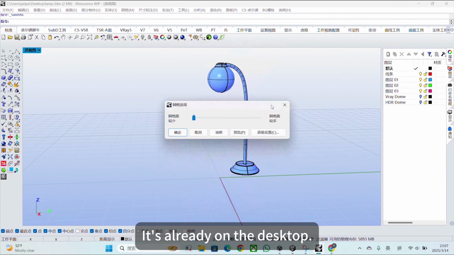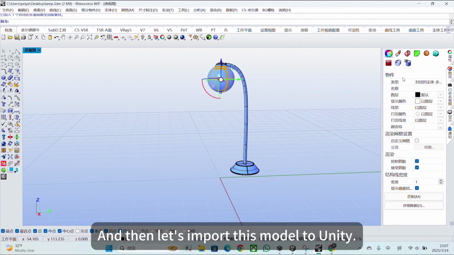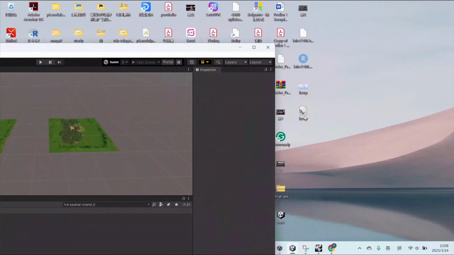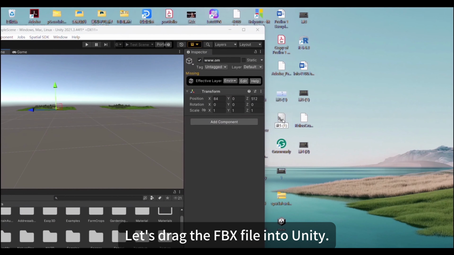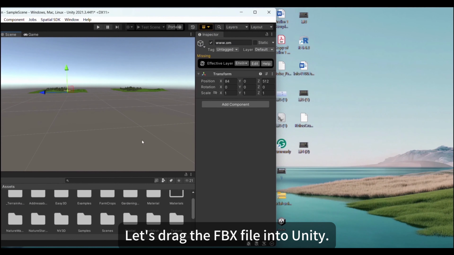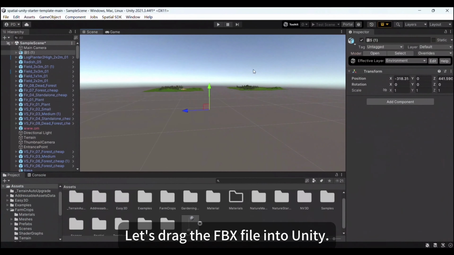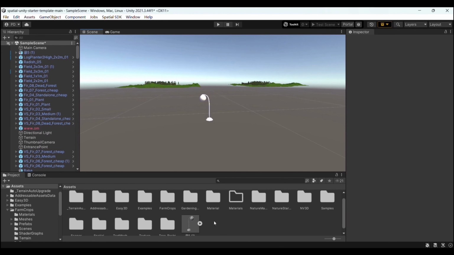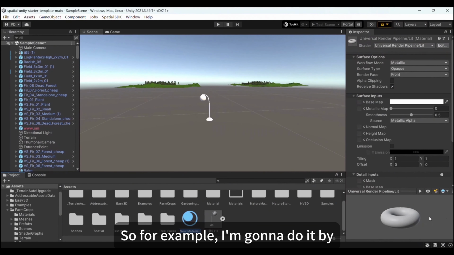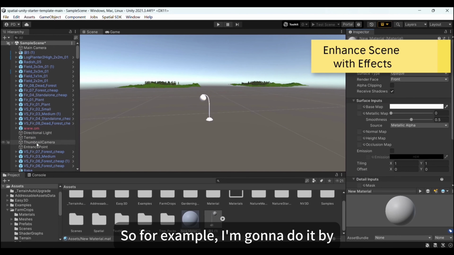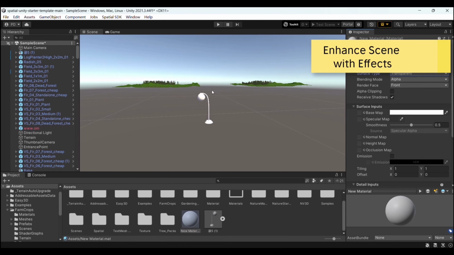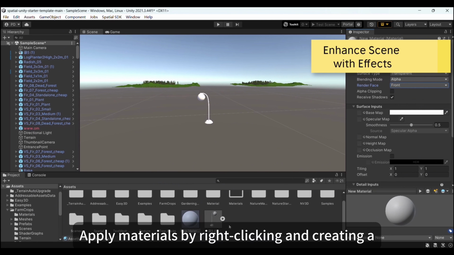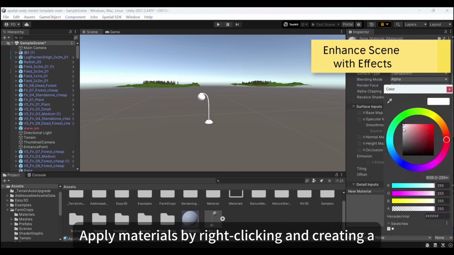It's already on the desktop. And then let's import this model into Unity. Let's drag the FBX file into Unity. If the model appears too small, scale it up. So for example, I'm going to do it by a factor of 300. Apply materials by right-clicking